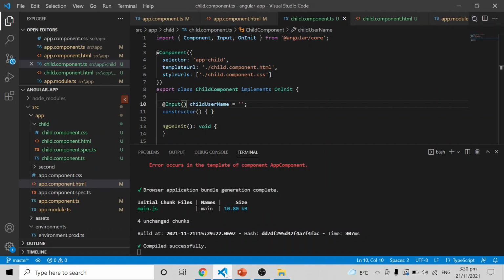Okay, in order to identify the parent that I have changed something, how we will pass that type of information from the child to parent? So that's why we need to use @Output decorator. Okay, so @Output decorator is the one which helps to pass the data from child to parent. So child component uses this @Output variable to raise an event to notify the parent about the change. Okay, I will explain you more in the code.